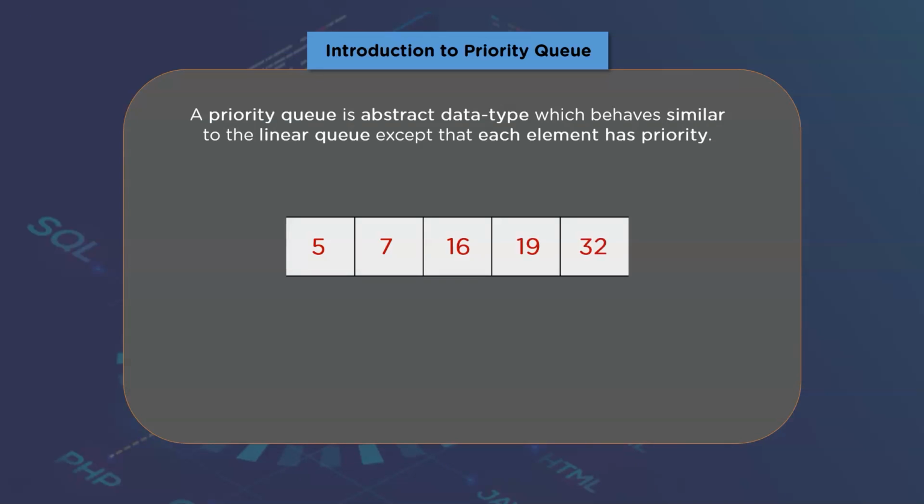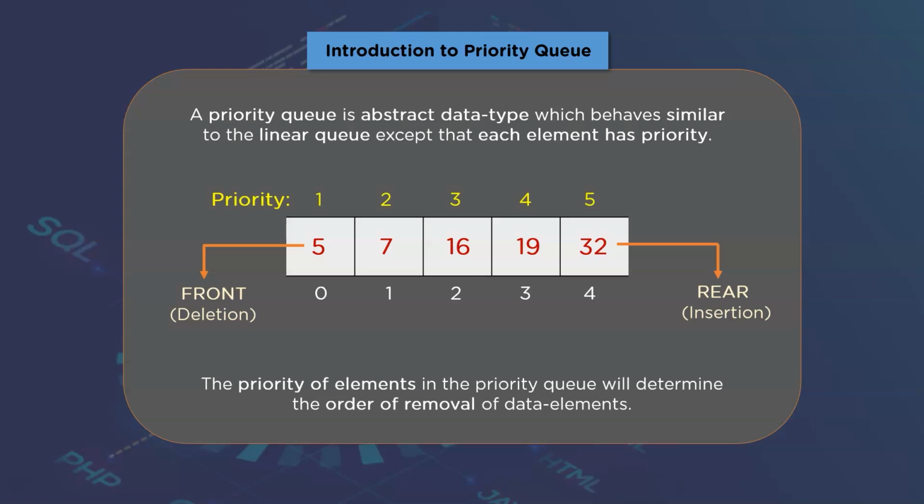So what exactly is this priority queue? Well, a priority queue is an abstract data type that operates similar to the normal queue except for the fact that every element has a certain priority assigned to it. This definition suggests that this particular type of queue also follows the same restrictions for insertion and deletion of data elements. The insertion in the priority queue will only be achieved at one end and deletion at another or opposite end. Additionally, the priority of data elements will determine the order of removal. The elements which have higher priority will leave the queue first, and the elements which have lower priority will definitely leave the queue last.